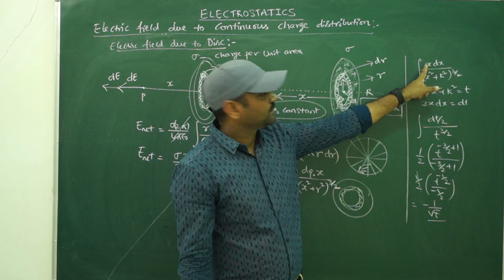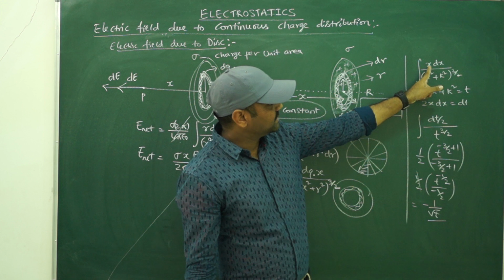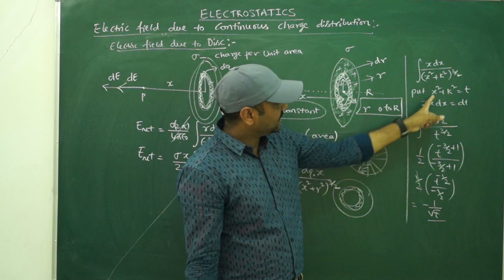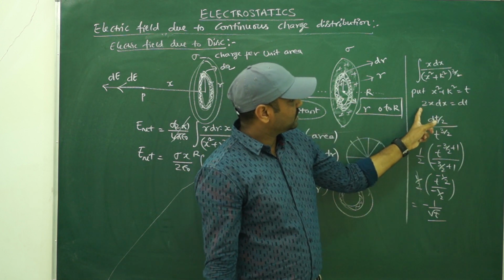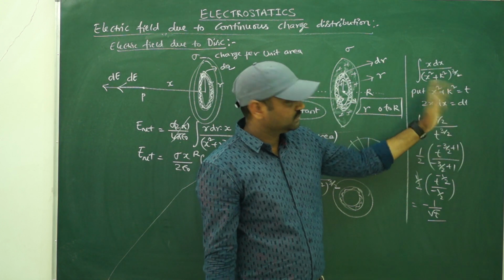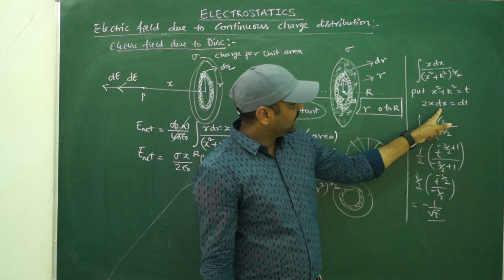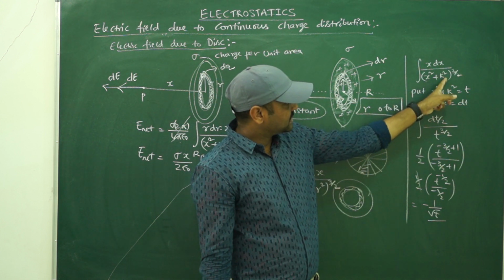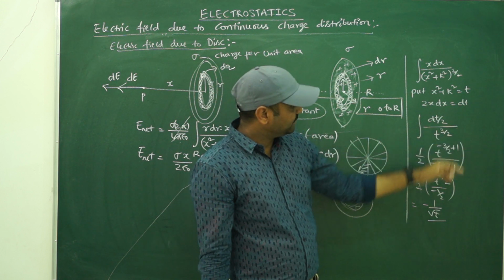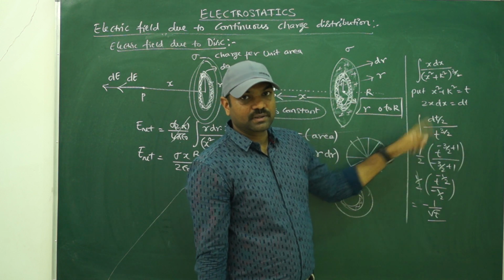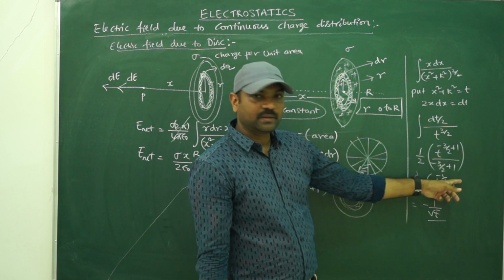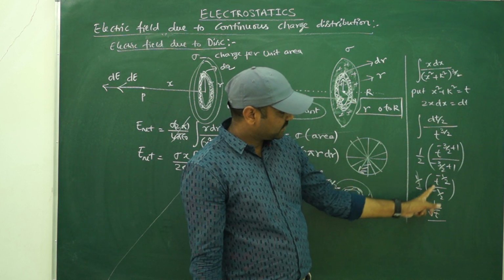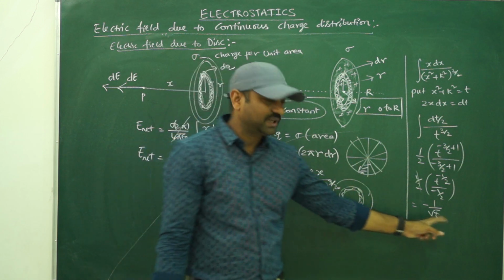Now the same integration I wrote here. Here the variable is x and the constant is k. Then x dx by x square plus k square raised to 3 by 2. If I take x square plus k square as t, then I'll get 2x dx as the derivative, differentiating both sides, dt. Then in the place of x dx I can write down dt by 2. x square plus k square is t raised to 3 by 2, so t raised to minus 3 by 2. If I go for integration, minus 3 by 2 plus 1, and half will come out. Then half and half will cancel out. Minus will be there. Minus of 1 by t raised to half means 1 by root t.